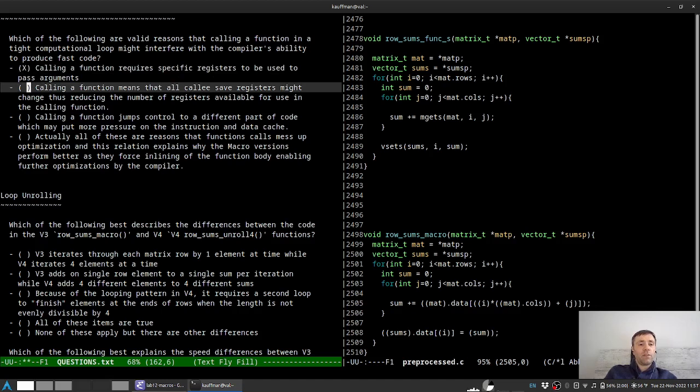Let's see, calling a function means that all callee save registers might change. Yep. Jumps control different paths, which puts more pressure on instruction and data cache. That's probably true. Actually, all of these reasons are fun, called by some observations. Oh, you did it to me again, Kaufman. It's actually all of these. So we'll mark that one down and space out our previous ones